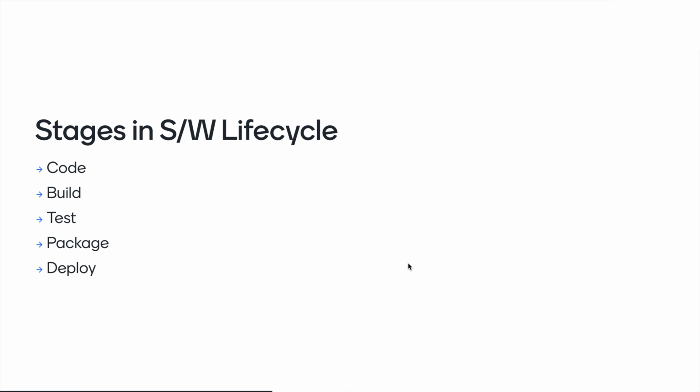We have seen different stages in the software lifecycle, which so far have been done manually using different commands for a Java Spring Boot application. This is okay if we have just one application, which is not the case in a large organization having many different applications that could be written in different programming languages like Java, Node.js, or even Golang. We need these steps to be automated to reduce errors and also to deliver faster.